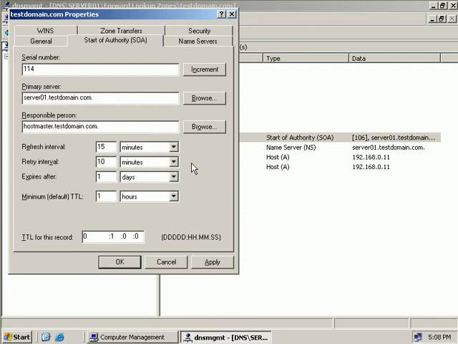Now if the secondary is unable to contact this server for a full day, then its copy of the zone will be expired and it won't be used. If the secondary then contacts this primary successfully, then it will reactivate its copy of the zone and then perform any necessary zone transfers. And next we see here is the time to live, or the minimum time to live,